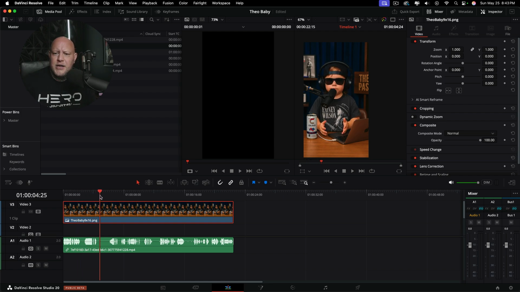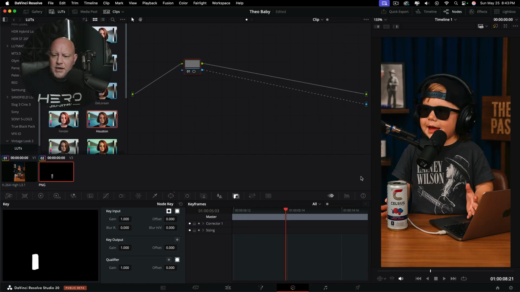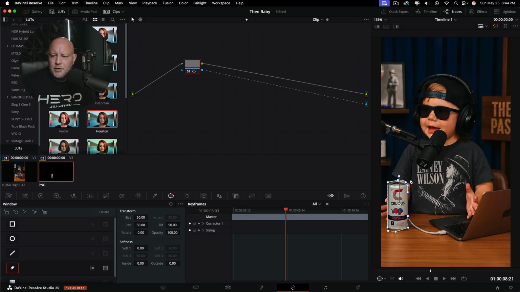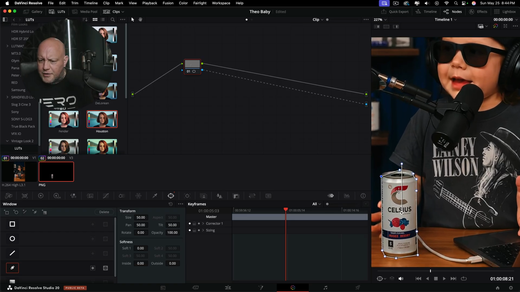and basically what that did is it masked out the can, and there's no portion of the video if he goes outside the can. If you look at this mask, I just put a mask perfectly around. I mean, I could probably get this a little bit better. I didn't really spend a ton of time making sure that it was perfect, but you could see that it was good enough. If I wanted to get nitpicky, I'd probably zoom in here to make this a little bit better,